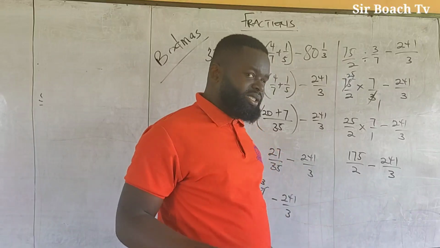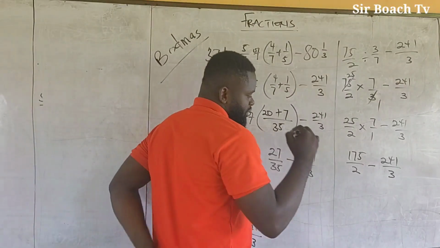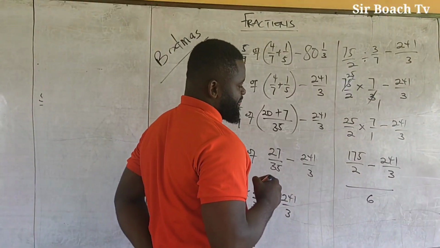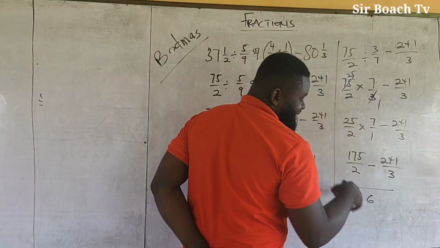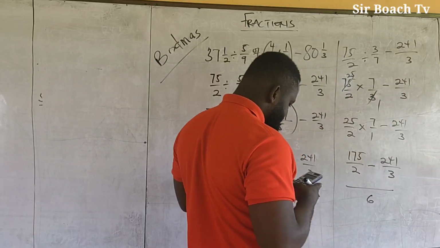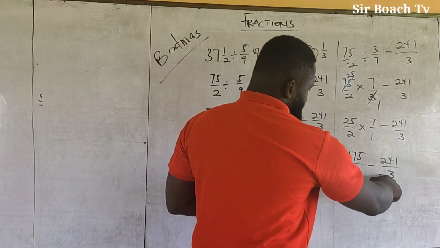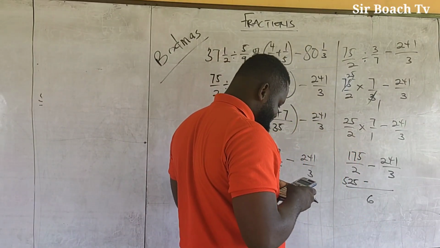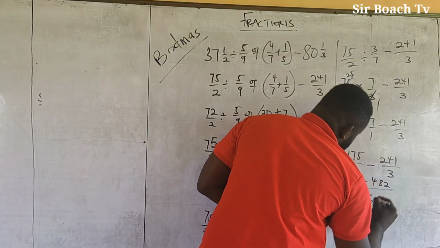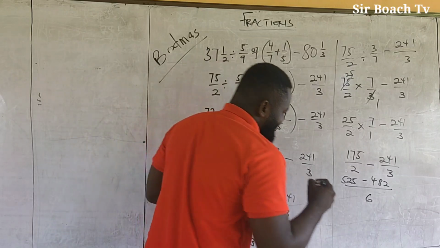Now from here, we'll find the LCM again. The last line is subtraction. So the LCM here is 6. So 2 goes into 6 3 times. 3 times 175 gives me 525, minus 3 goes into 6 2 times. So 2 times 241 gives us 482. Now if we subtract the 2, we are getting